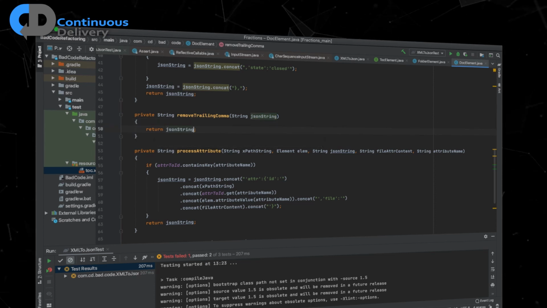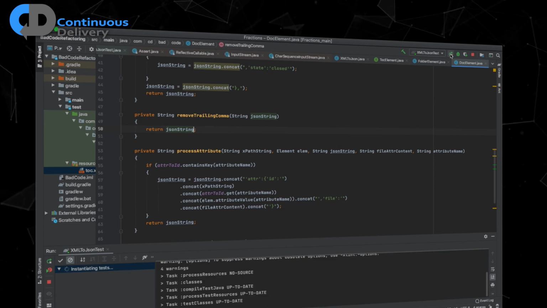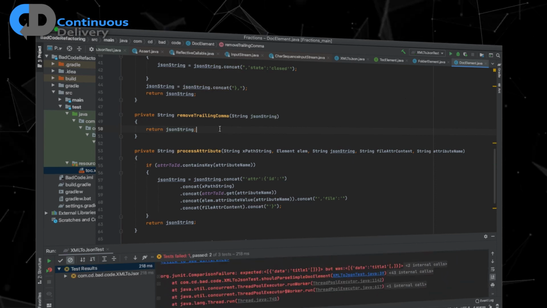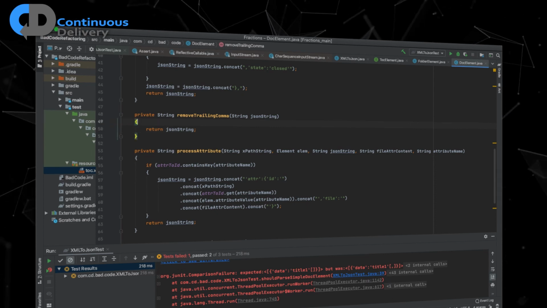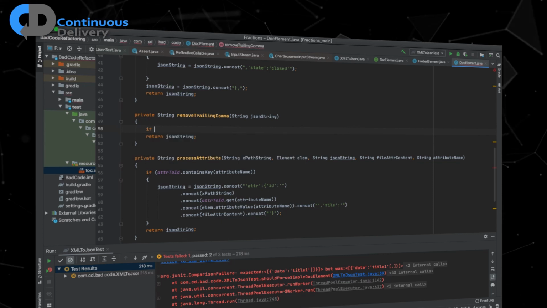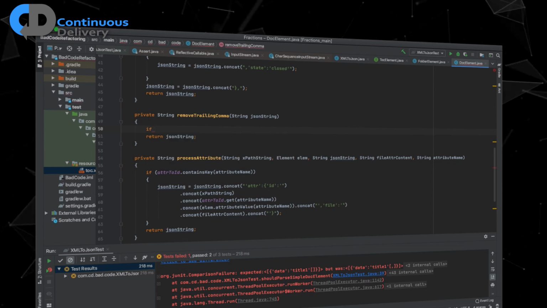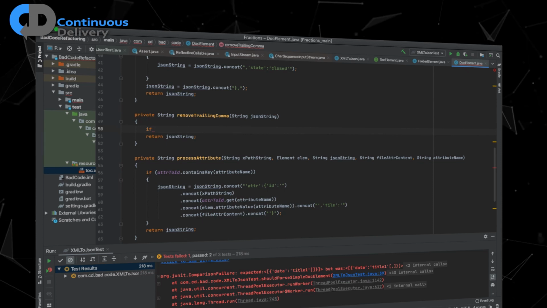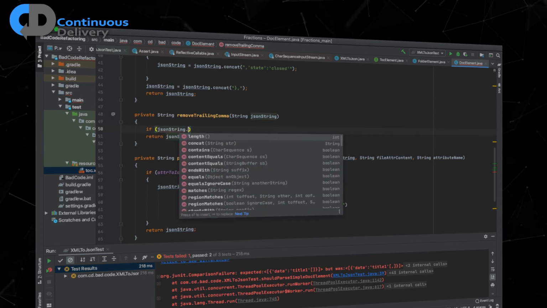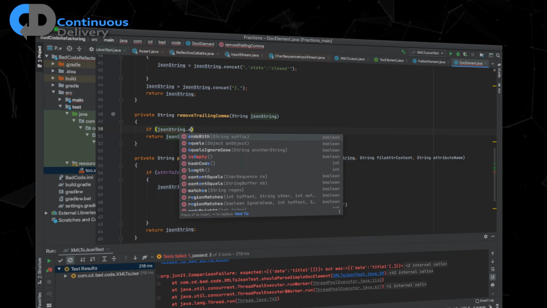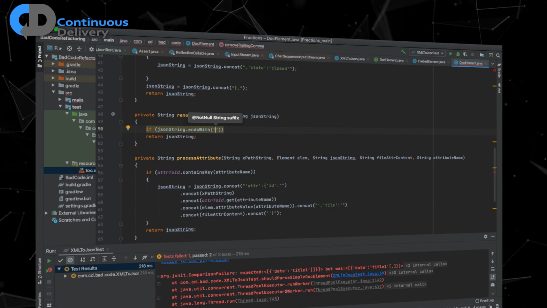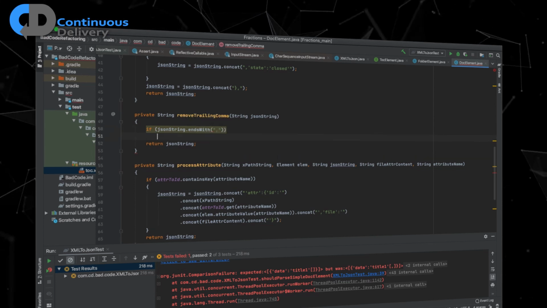So the simple thing to do is to return that, and that's going to keep everything passing. That's a behavior preserving change. It's keeping the one test failing. So now let's try and make that test pass. So we could be cautious. We could say if JSON string dot ends with comma